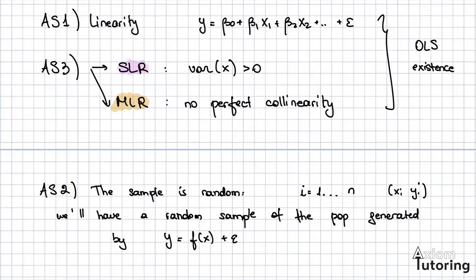Okay, so for some of you who might be asking, but Lydia, why was this not then one of the basic assumptions required for the OLS existence? Keep in mind, when we said the OLS existence assumptions, we simply needed enough information for us to say, okay, Stata will be able to do the computations, or even if I did the computations by hand, I will be able to do them. And I was not preoccupied at that time whether they were reliable or not. However, now that I want to add on to that reliance because I want those OLS guarantees because of those properties that I like of the OLS, now I'm going to add assumption 2, that is of the sample,